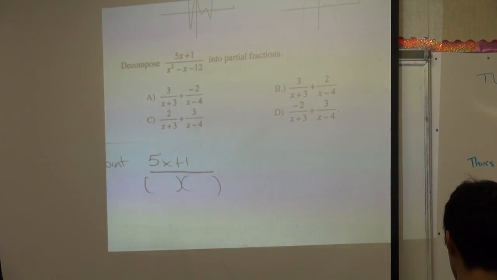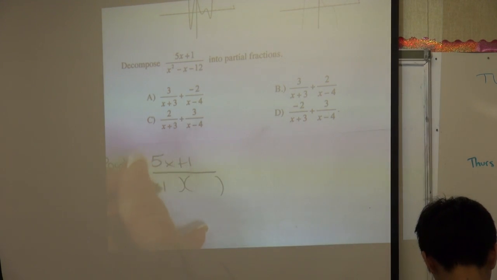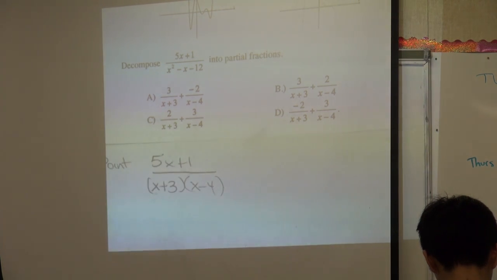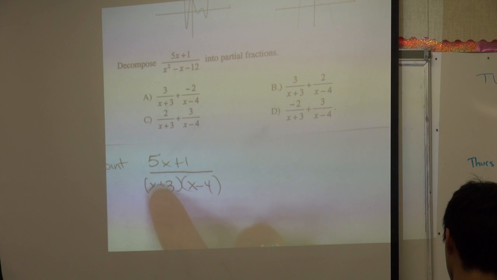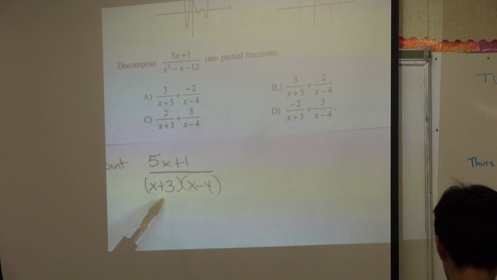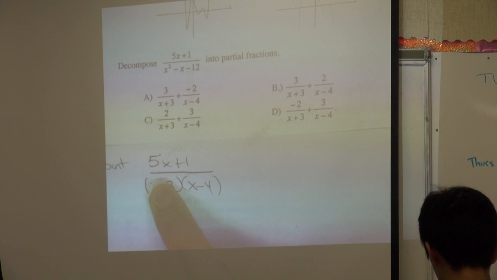is you take the denominator and you factor it. Factoring it isn't such a big deal because you can also look at the answer choices. And this is called the Heaviside method, named after Oliver Heaviside, remember? And the way it works is, if you want to figure out what goes over the x plus 3, you cover up the x plus 3. And the value of x you covered up is when x is negative 3. And then you plug in negative 3